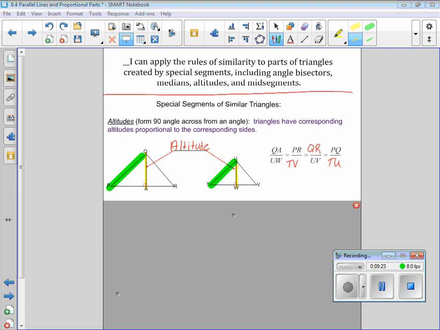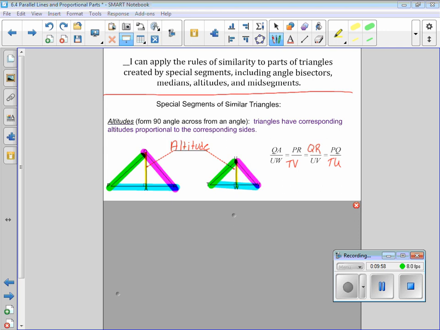So if I was just to simply start writing proportions, a ratio between two corresponding parts, they should equal the ratio between any two other corresponding parts. So here's a big test. What do you think is the side that would go with that one? Hopefully you would recognize it would be that one, right? This is really easy. And then how about this piece? Which piece would go with that one? Yep, that long one there. Okay, so